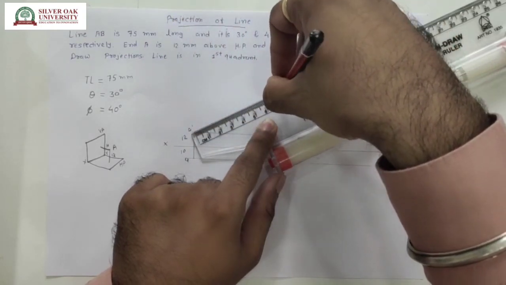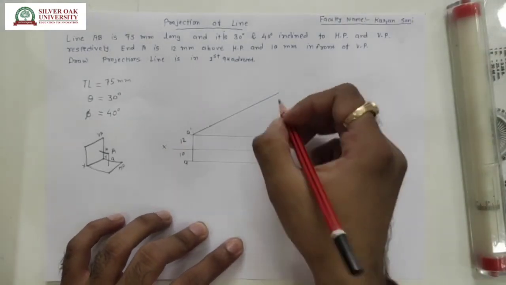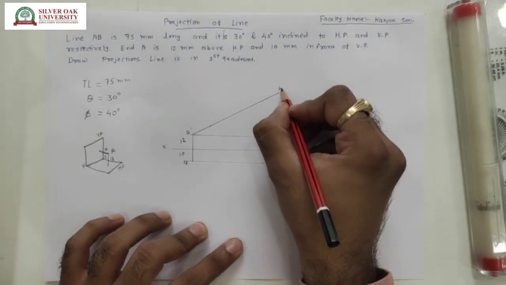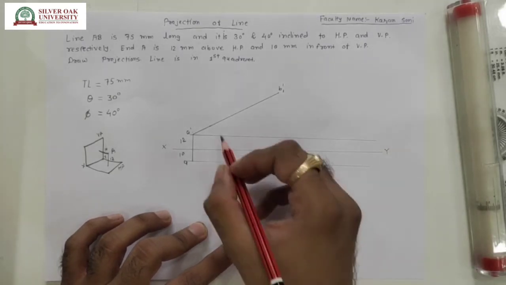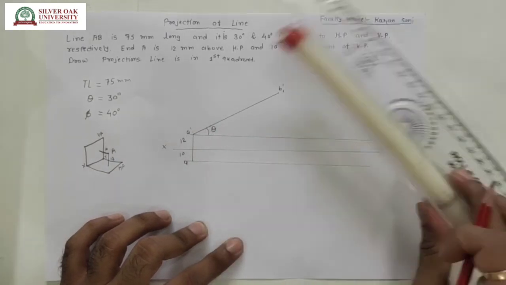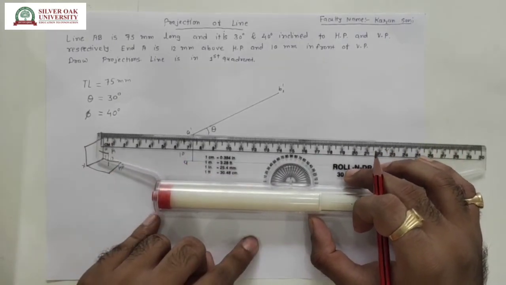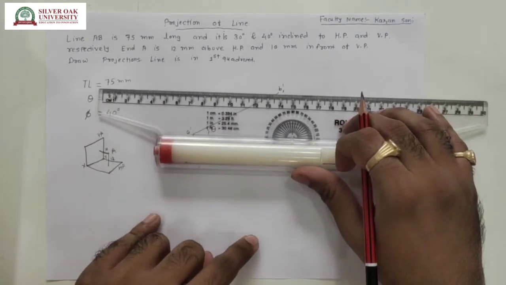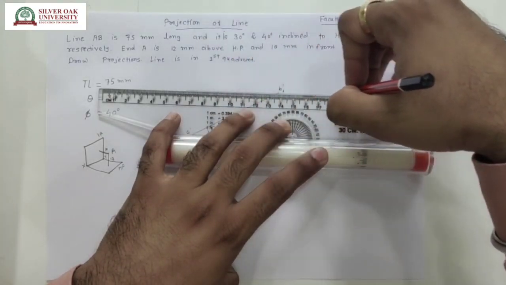So this is 75 mm, and this is the front view of the point, that is the B dash. Sorry, this is the B1 dash, because this is the true length line, not the front view, because the angle is theta angle. So this is the angle theta, and here also I can plot the locus line with respect to B1 dash line. So this is the locus line of the B1 dash point.